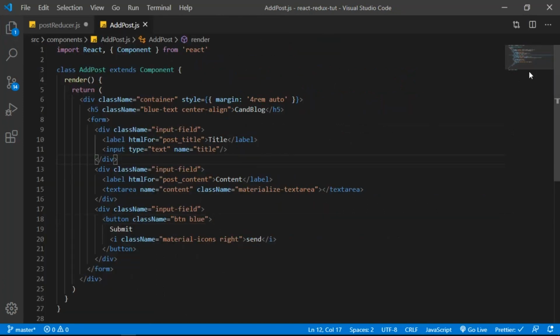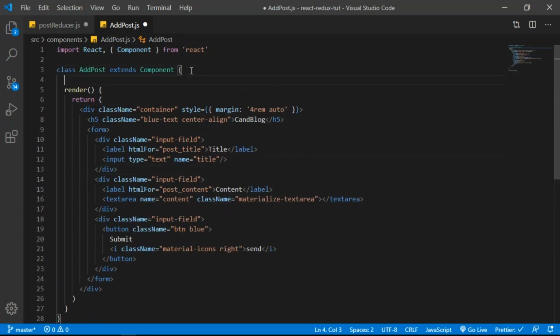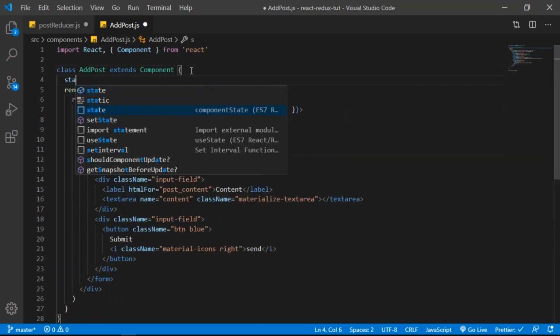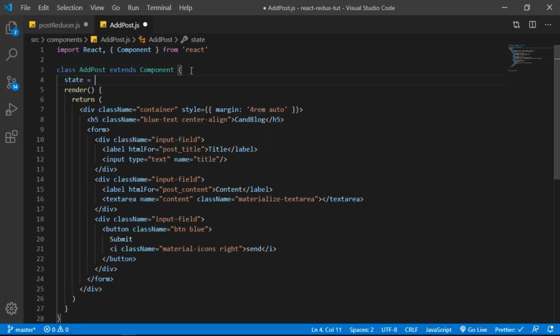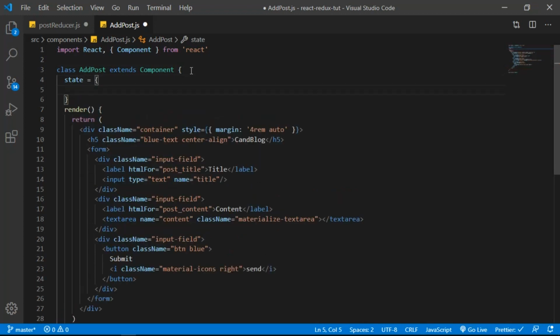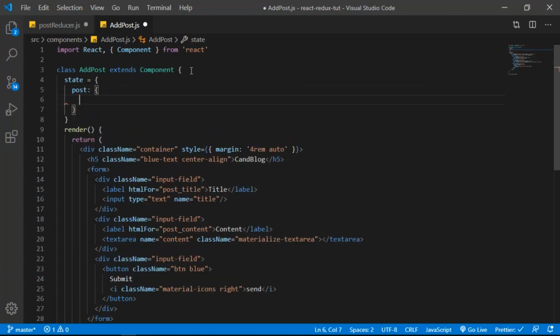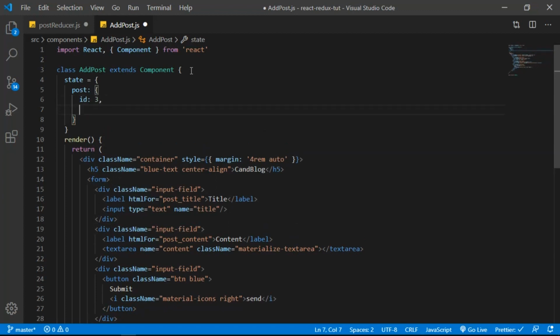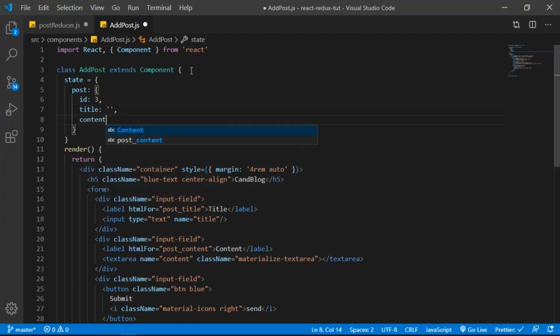So now the first thing is I want to create state. We can do state, set it equal to an object, and in here I want to create post and just give id 3, and title just set to empty, and for the content set to empty. This is for the